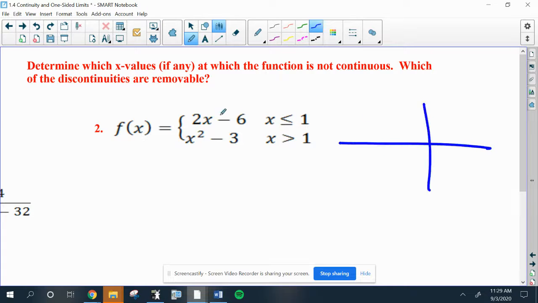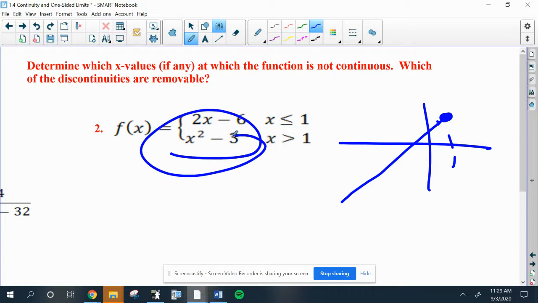this first part of the function exists before x equals 1. So it's a line. It's not going to look exactly like this. We can be careful with graphing it, but let's just say it's a line. It stops at 1, but it can equal 1 right here, so there's an open circle. And then after 1, this parabola takes over. So you have some kind of U shape